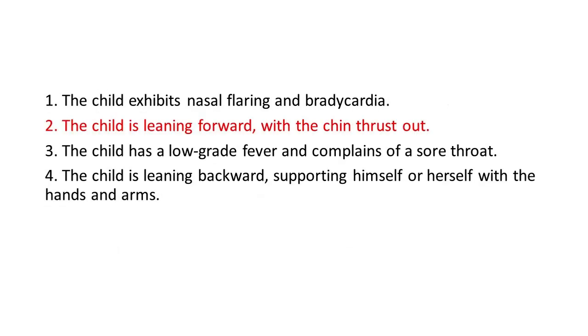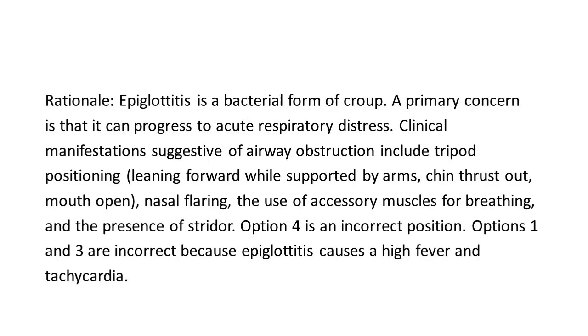The answer is 2. The child is leaning forward, with the chin thrust out. Rationale: epiglottitis is a bacterial form of croup. A primary concern is that it can progress to acute respiratory distress. Clinical manifestations suggestive of airway obstruction include tripod positioning, leaning forward while supported by arms, chin thrust out,